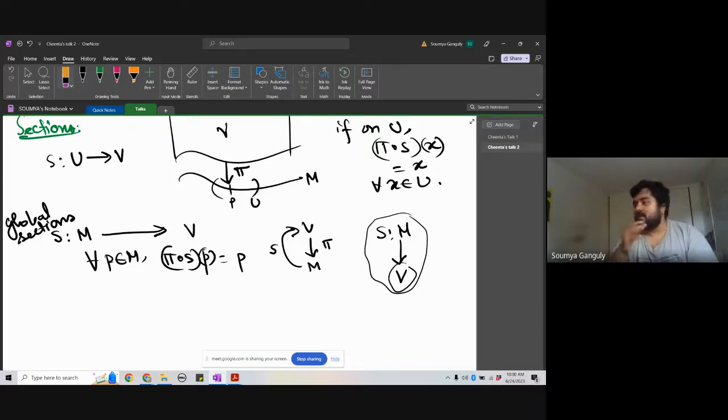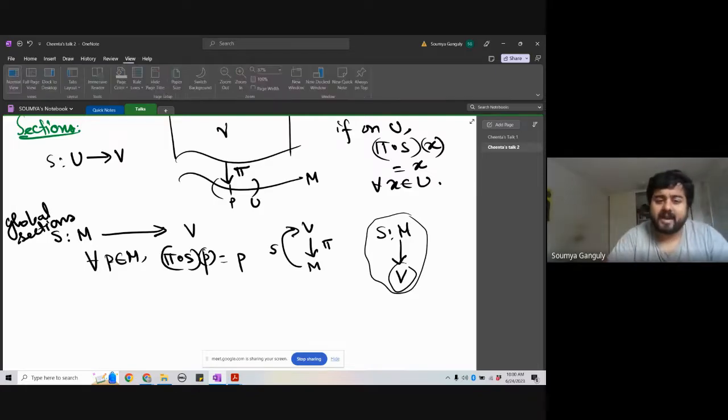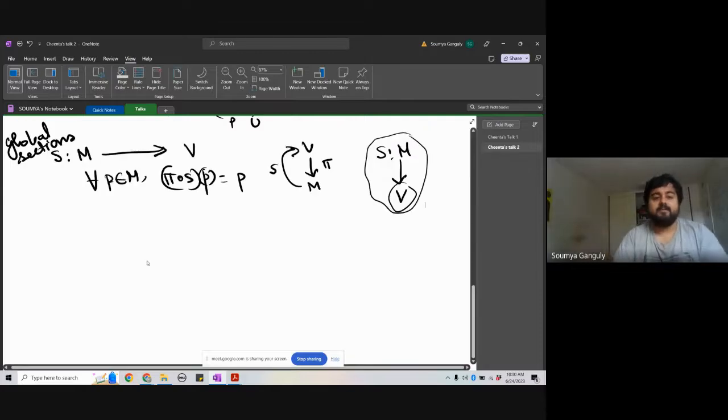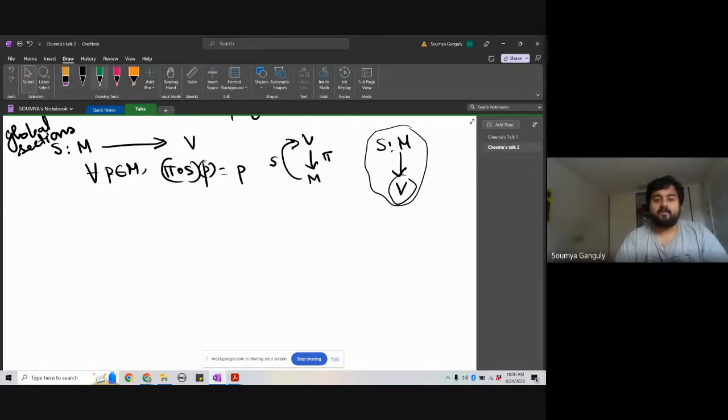Because in the previous lecture, we said that in higher mathematics, we often try to envision something by looking at the maps on it. So in that case, sections are basically those maps that will tell you what the manifold looks like. Now we are talking about a lot of abstract things here. Let me give you a concrete example of a vector bundle, which is the tangent bundle.